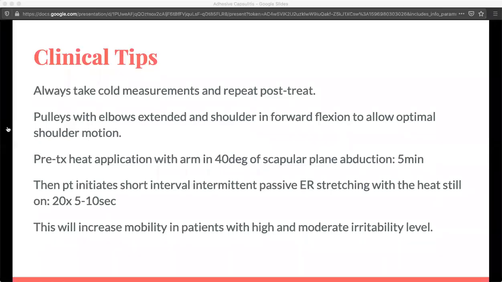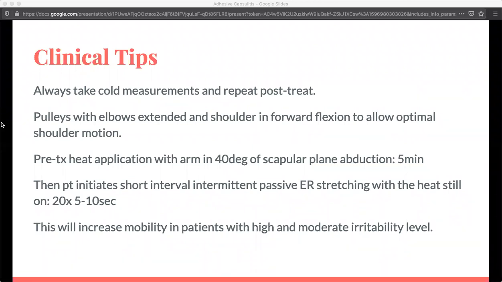Pre-treatment heat application has to be done with the arm in 40 degrees of scapular plane abduction, not frontal plane, scapular plane. Scapular plane abduction, about 40 degrees. Keep the arm rested, put up a few pillows here. Keep the arm rested in as much external rotation as is possible. So you have a lot of pillows here and under your arm, and then you put a heat pack. Put a cane in their hands, 30 seconds, 10 seconds, 30 seconds, 10 seconds. Do it for 5 minutes. All right. Oh, it says 20 seconds here, but yeah, you can go up to 30 seconds depending on the